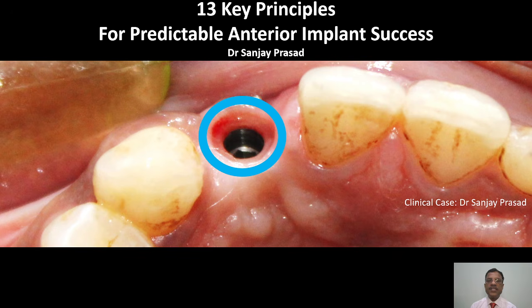Today we are going to discuss the key principles for predictable anterior implant success. This session is divided into two parts, Section 1 and Section 2. In Section 1, we discuss the clinical steps. In Section 2, we discuss the evidence from scientific literature. So do watch this video till the end to get the complete knowledge for